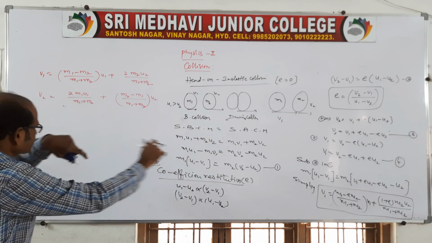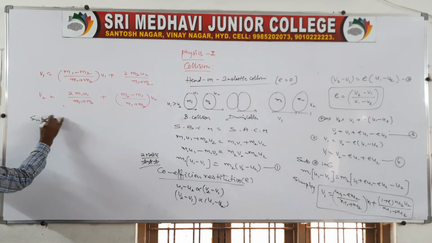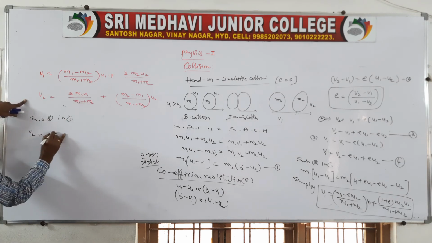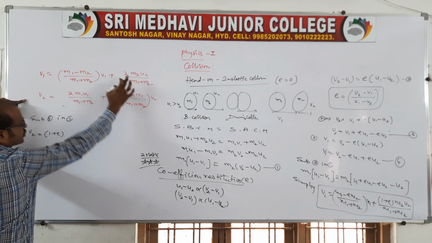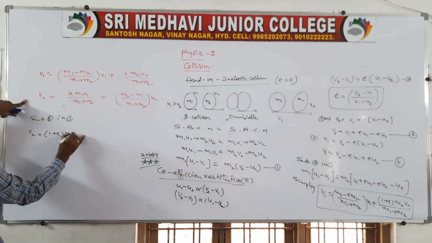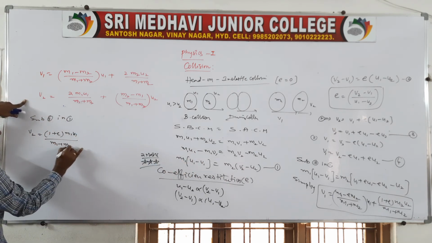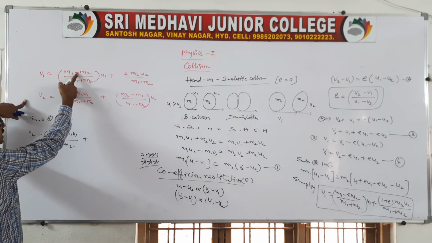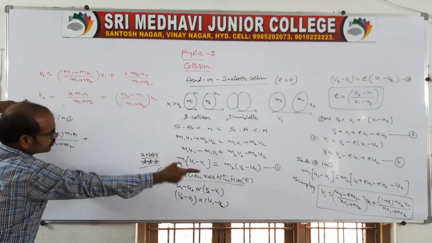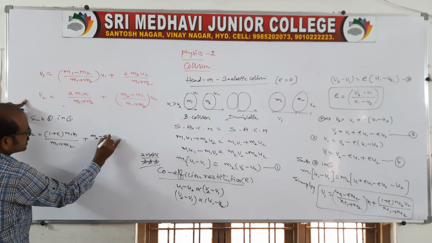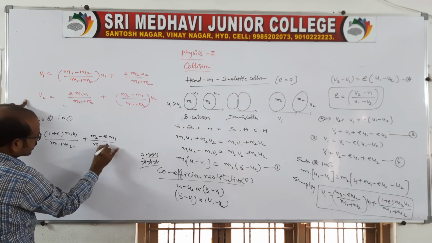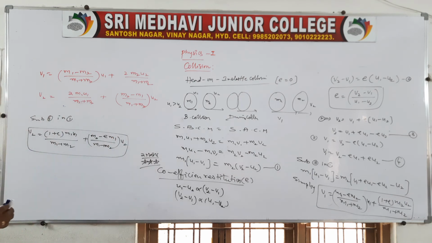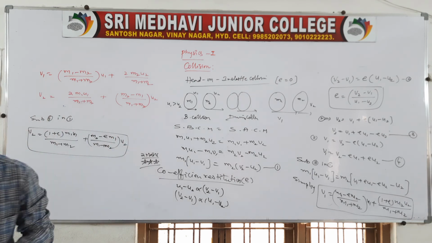And now go for substituting the fourth equation in 3. So here v2 will be, instead of 2 you write 1 plus E, here also the same, instead of 2, 1 plus E, therefore m1 u1 by m1 plus m2 plus, here instead of minus it is minus E, you replace the same way, minus E m1 by m1 plus m2 into u2. These are the expressions related to a head-on inelastic collision.